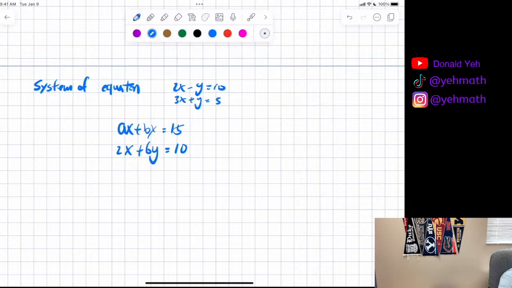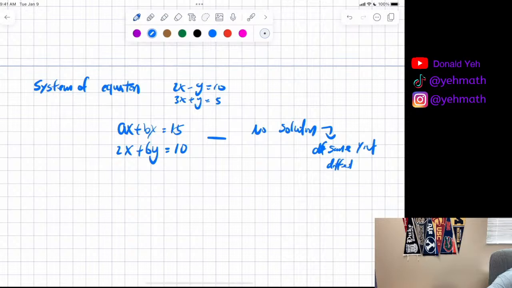Do you guys know what I'm talking about? So you will get the possibility of no solution, which is what you're going to do. You solve for y, and once you solve for y, they should have the same slope and different y-intercepts. Always check the slope first, because if you check the slope, most of the answer will be done. And different y-intercept is the hardest one if there's no solution.